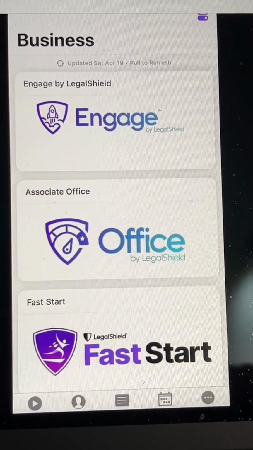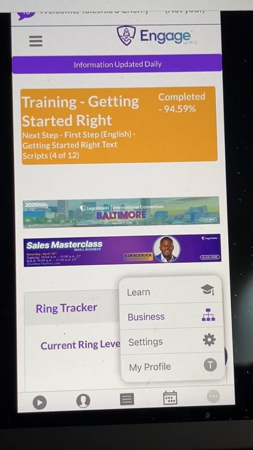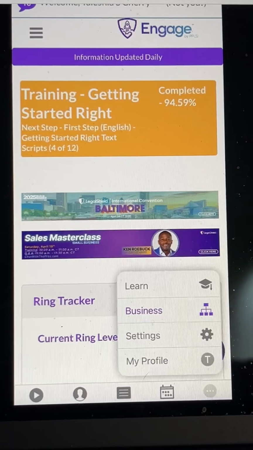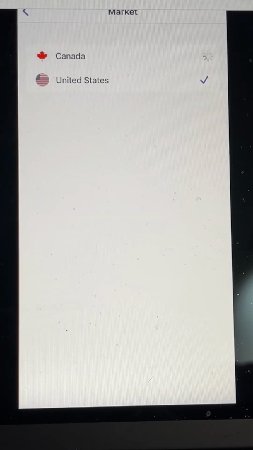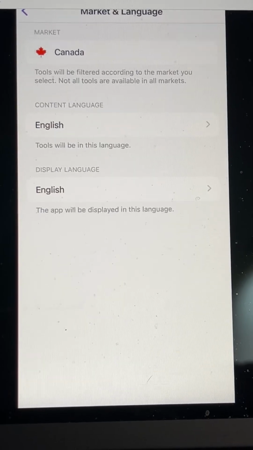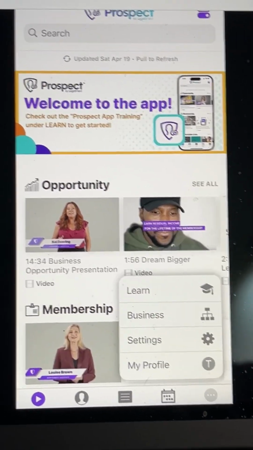Going to the business section, you have links to LS Engage, Associate Office, and Fast Start. You can see the link to LS Engage here. Going to my profile, I'm going to update my marketing language, updating from US to Canada. This is going to update the tool section of the app to show Canadian resources I can share with my Canadian prospects. And going back